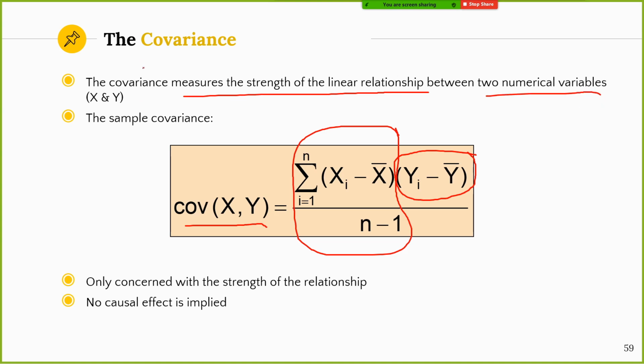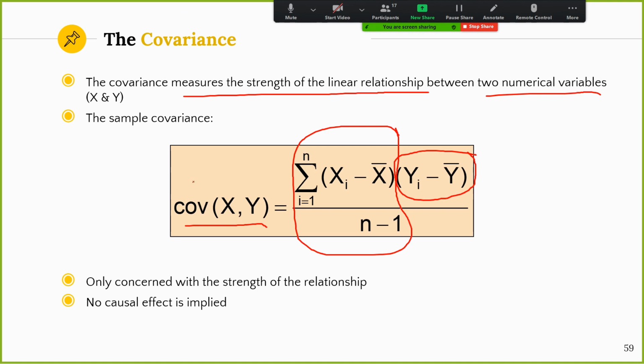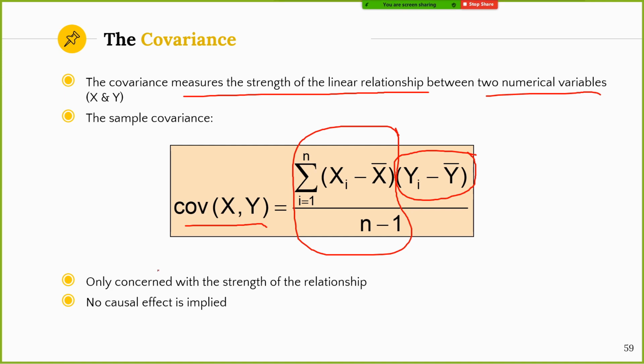So if you have two variables and you want to know about the relationship between these variables, then we can use this covariance formula. But the weakness of this covariance is that it is not concerned with the strength of the relationship. By using this covariance, we only know that if it is positive, there is a positive correlation. If zero, no correlation. If negative, they have a negative correlation. So it's not concerned with the strength of the relationship.